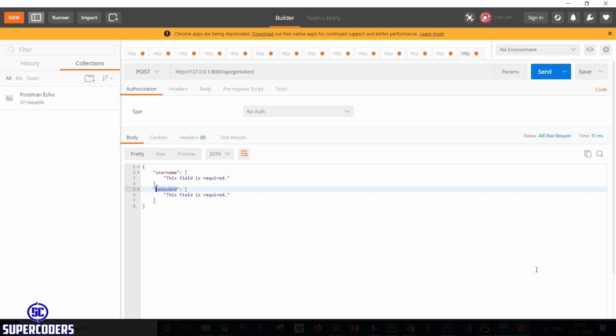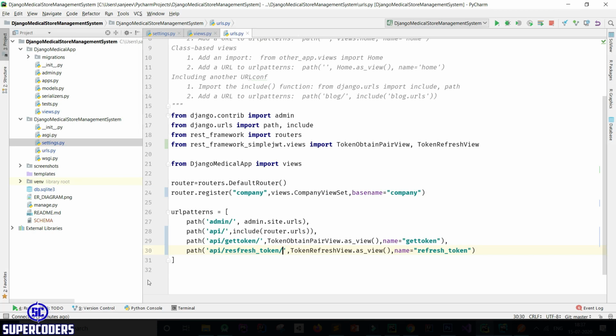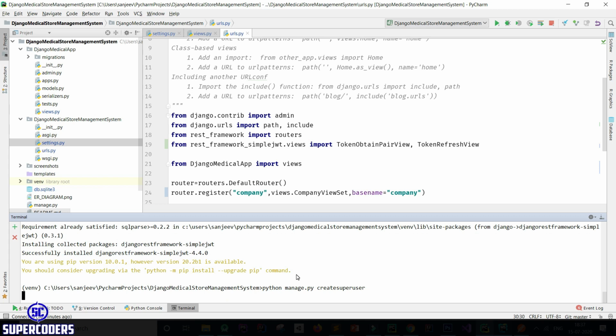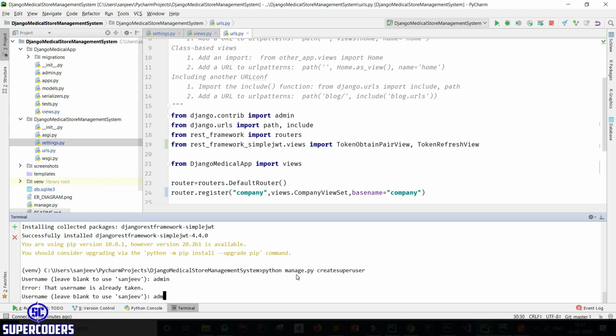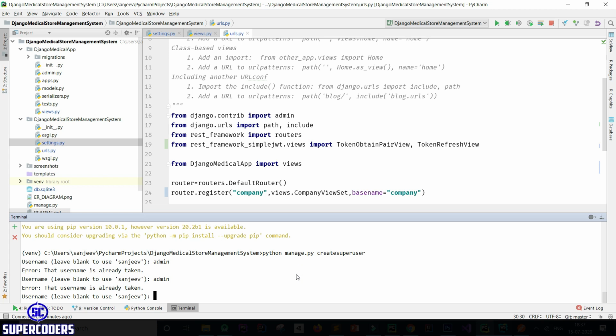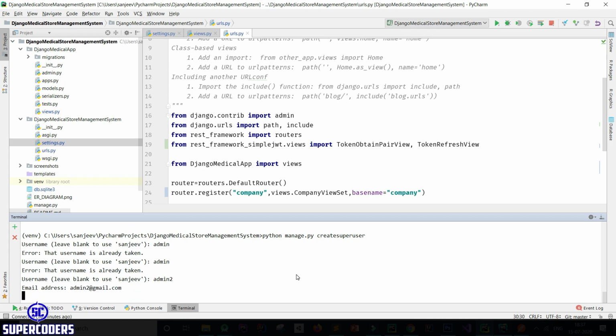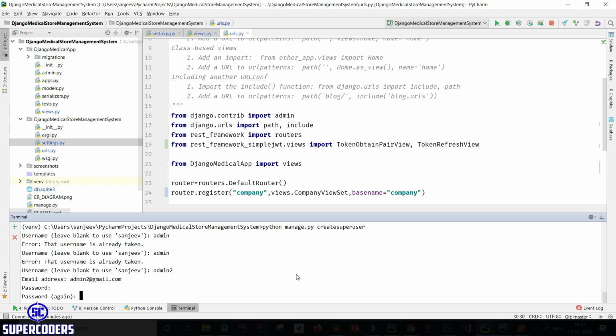Now let's create a superuser. So come back to the terminal, python manage.py createsuperuser. Giving username admin2, email admin2@gmail.com, password admin2.